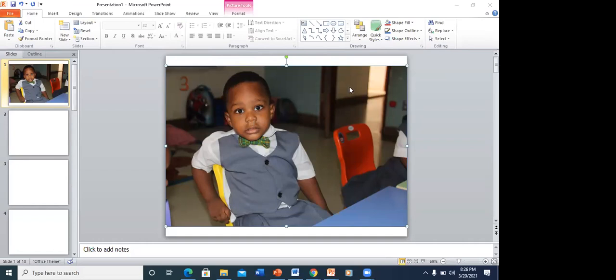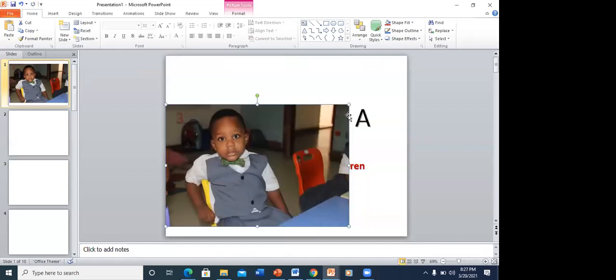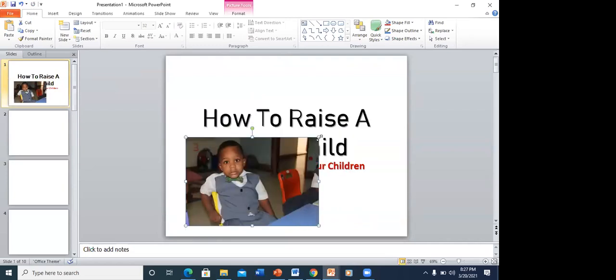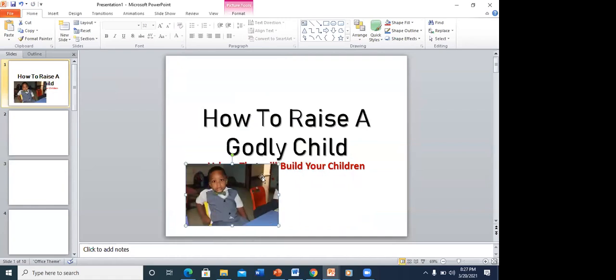So we have this beautiful ball here. Now you notice that we have four edges: edge 1, edge 2, edge 3, edge 4, and here and here. Through those edges, with your mouse, you can reduce the size of the picture. Now I'm going to do that. You just click on that edge and reduce the size. You can reduce the size to whatever size you want. I can choose to reduce the size to this point.